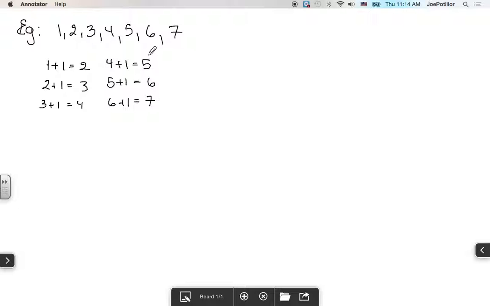In this situation, the common difference, or what makes the sequence work, is the number 1. You see how the 1 is in common with this, this, that, and that. Okay. So in this case, the common difference